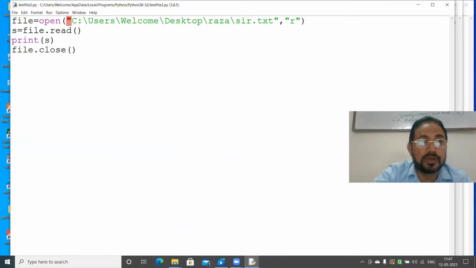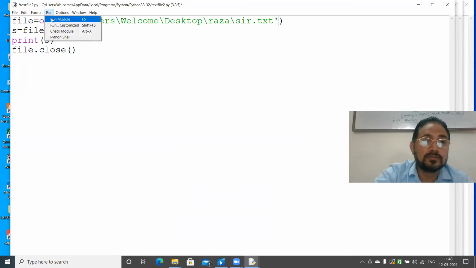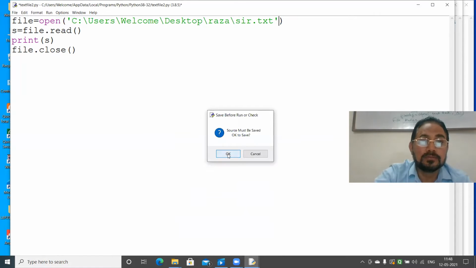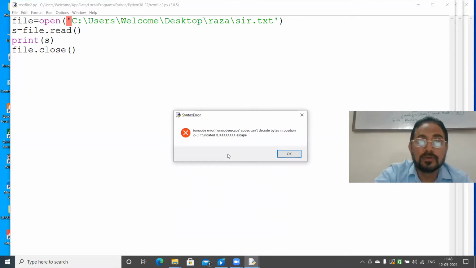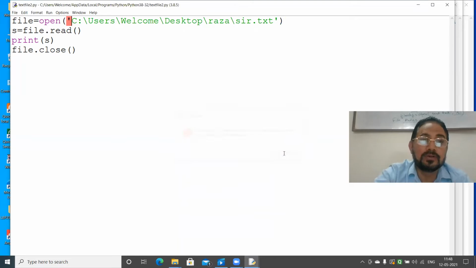File is equals to open. Run. No. Okay. Unicode error. Okay, okay, okay. So I have to actually type it here.